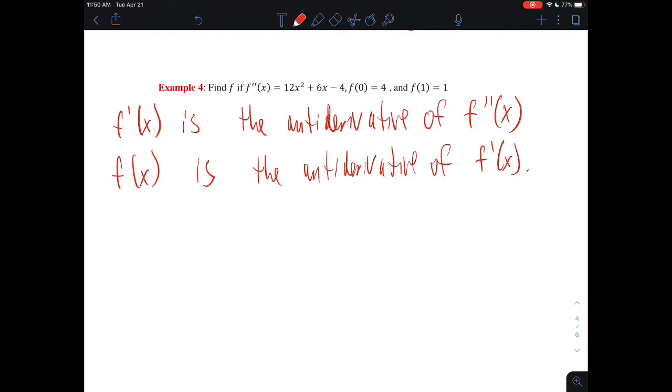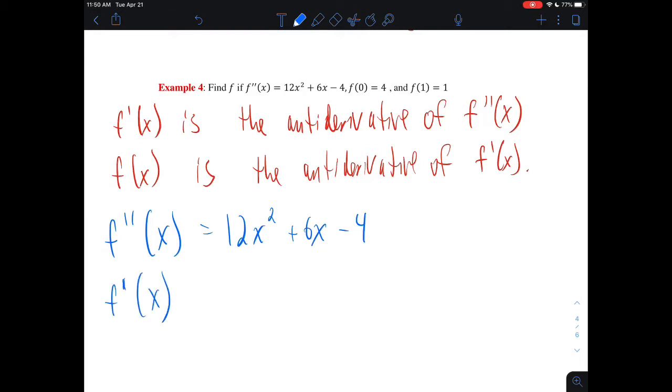So we just really need to do an antiderivative and then do another antiderivative. So if the second derivative is 12x squared plus 6x minus 4, then the first derivative, using again the power rules that we were seeing before,